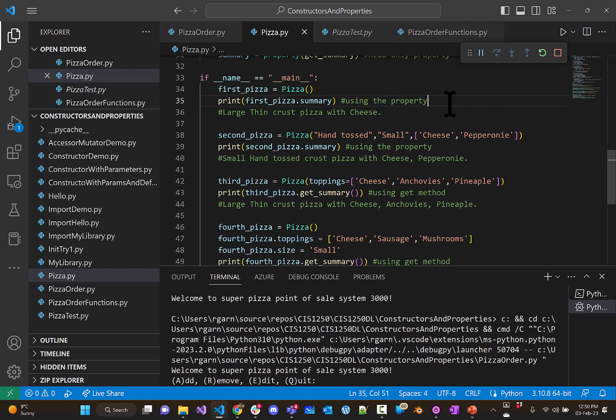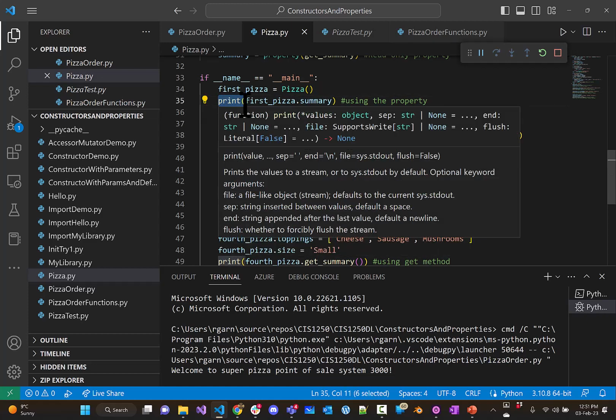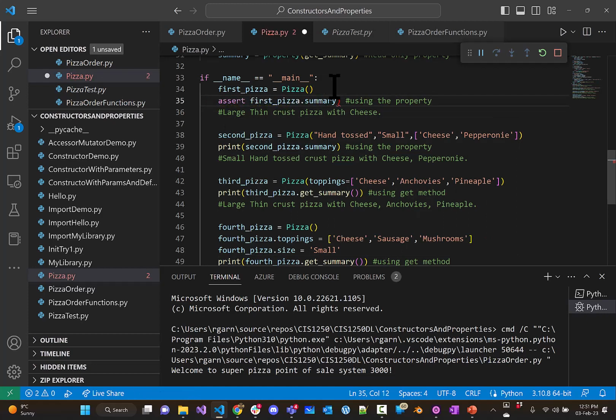Now, that works okay. But it'd be nice if we didn't have to go and look at this code to see if it worked all right. Well, we can use something called an assert statement. So what do we expect? We expect that the first piece of summary should equal this. So rather than doing a print, I'm going to do what's called an assert statement. And we're going to assert